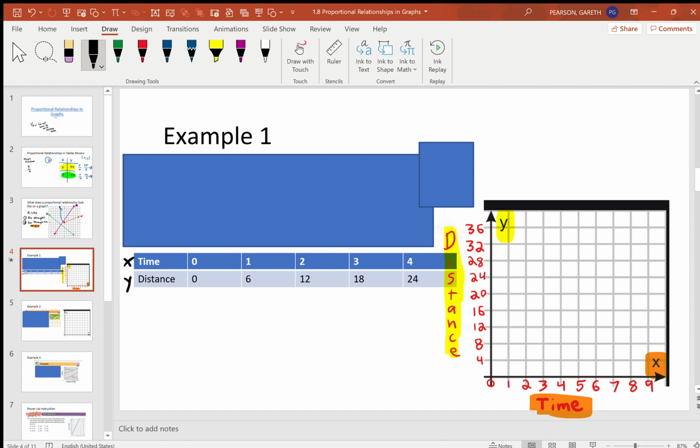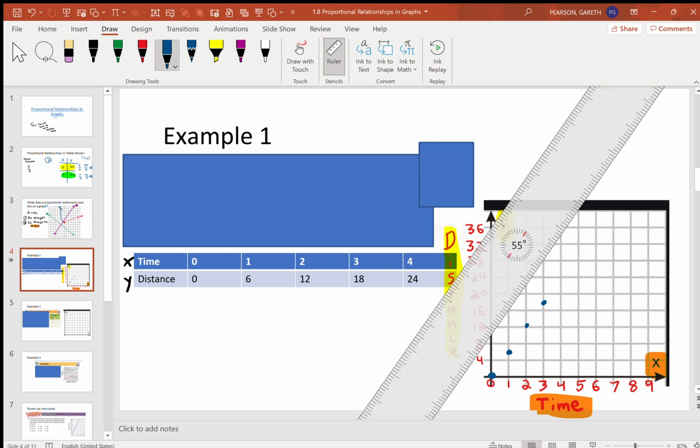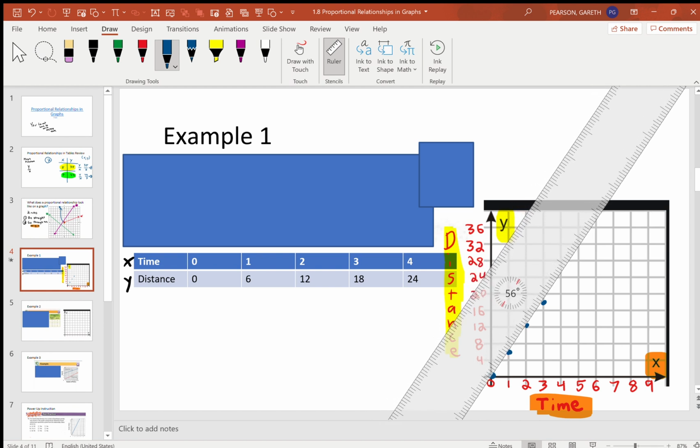Okay, so for the first point, let's say 0, 0. I'm going to graph it, let's do it in blue, right here. The second point, x is 1, and then y is 6. It's going to be right there. The next point, x is 2, y is 12. The next point, x is 3, and then y is 18. Okay, I don't even have to finish drawing it out. I'm pretty sure I have enough here to establish that,